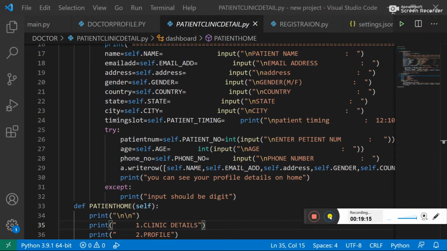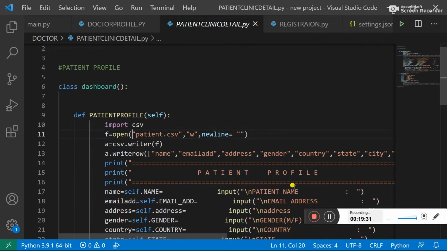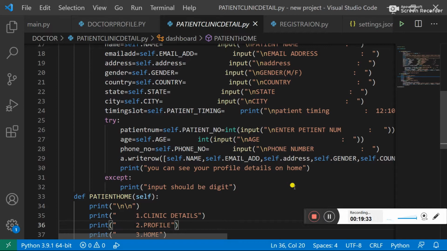Whatever data we input from the user, we can read it, meaning the patient profile data, and we can read that data in the doctor's patient details.